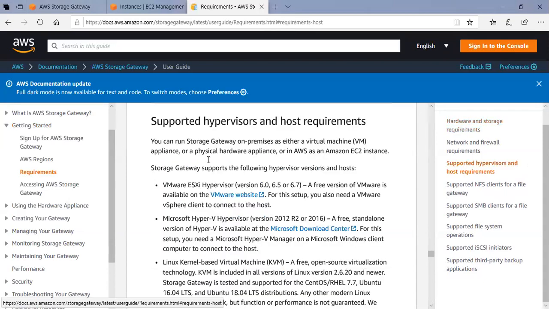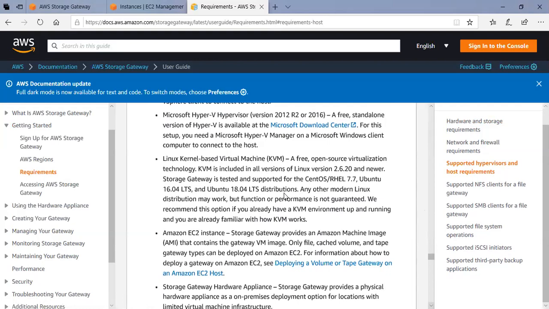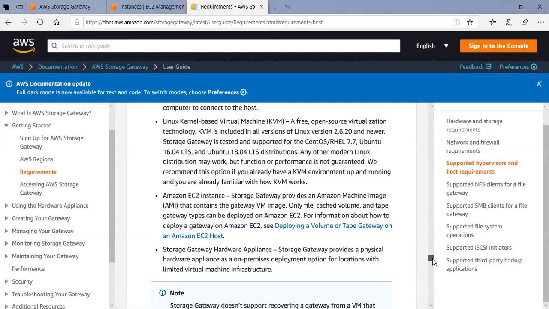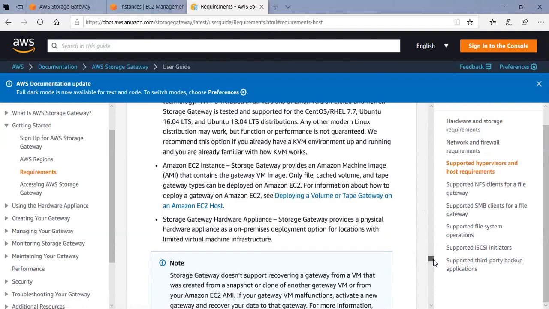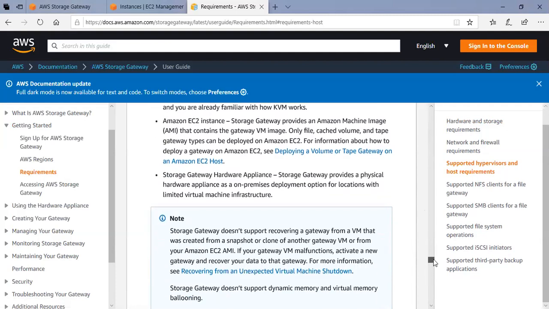And the storage gateway can be deployed in a variety of formats. It can be deployed as a VM agent, and it also supports the hypervisor component, and it can also be KVM, which is based on Linux. AWS EC2 also has an image which is pre-built for us to simply go and select, rather than us putting all our efforts into creating that role and then uploading that image into AWS. So AWS has pre-built that for us to use.